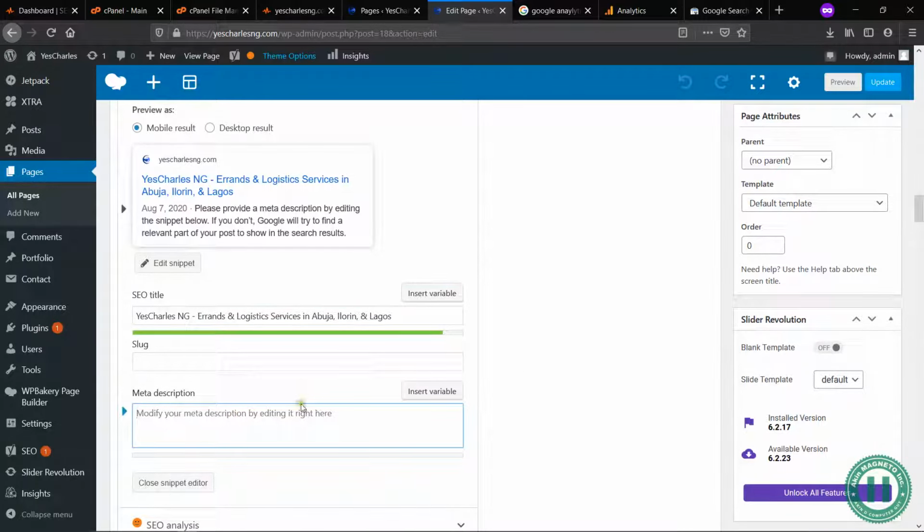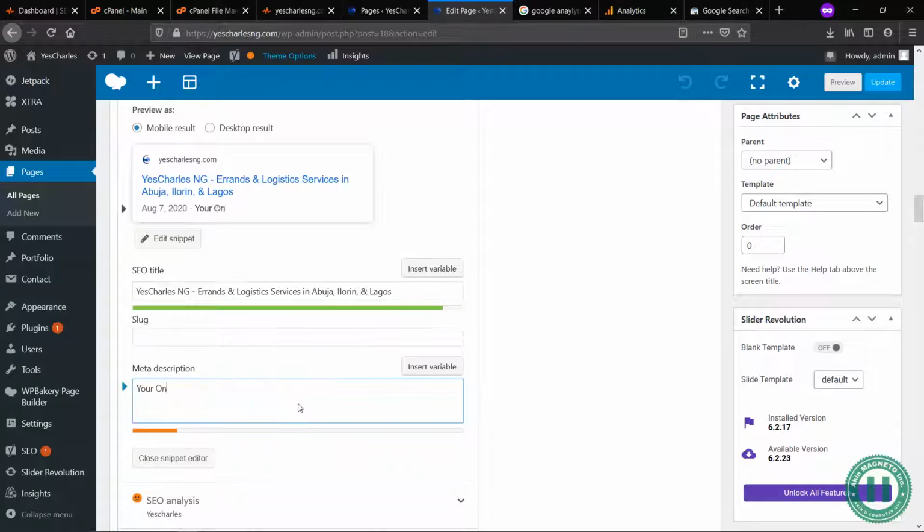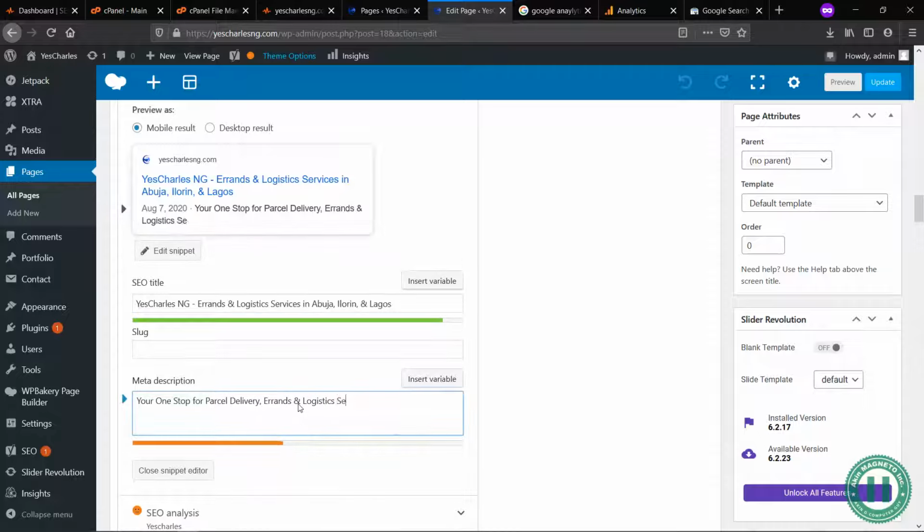So the best thing we need to do: your one stop for parcel delivery, errands and logistics services in Abuja, Ilorin, and Lagos. Now Yes Charles